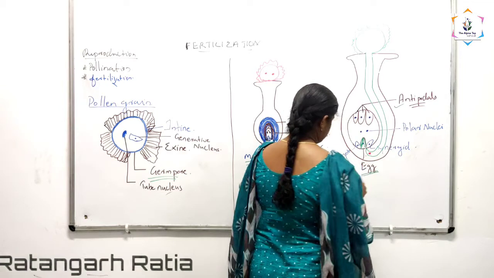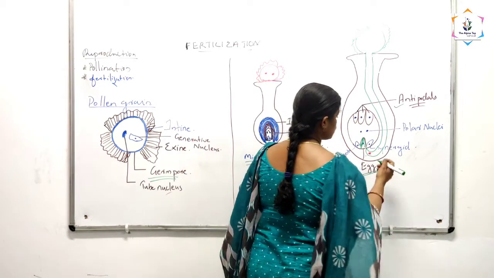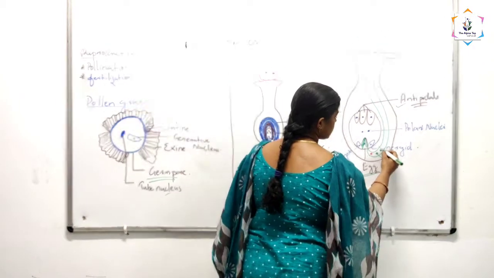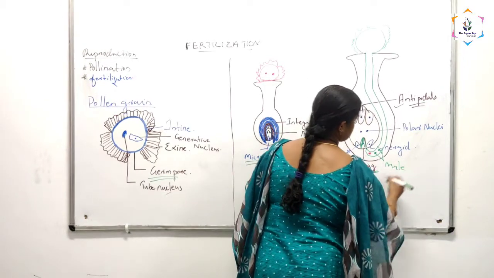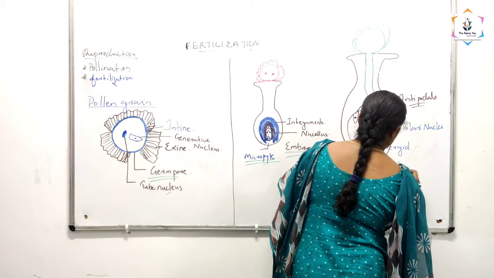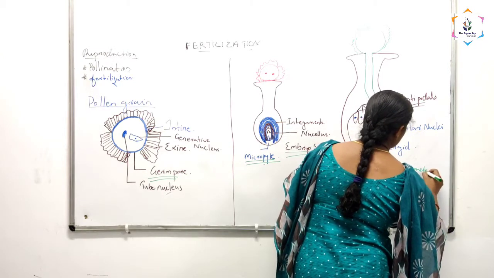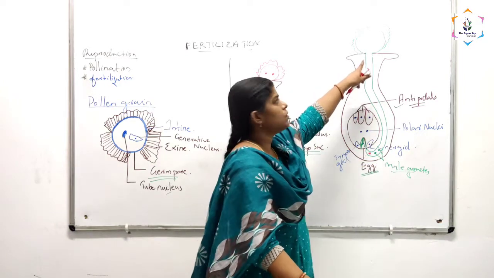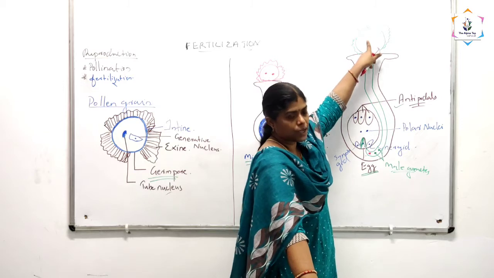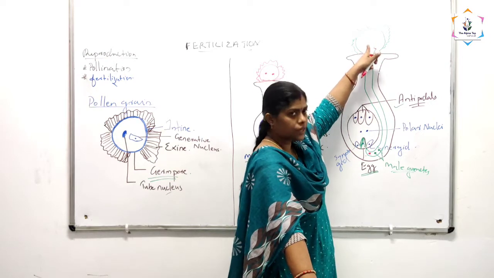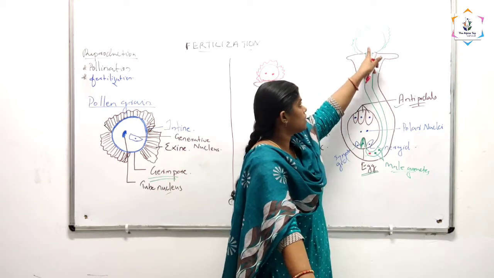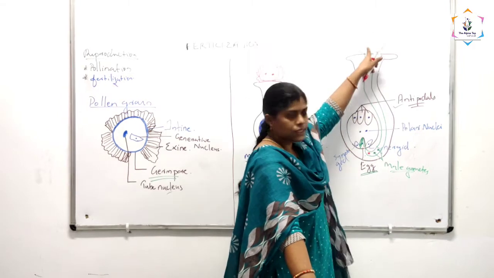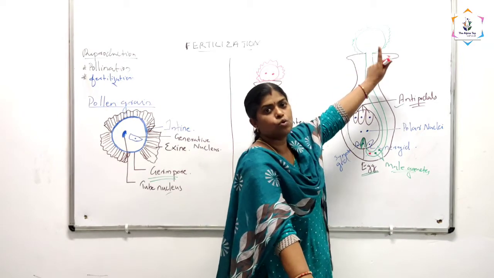Firstly the tubular nucleus and two generative nuclei, otherwise these two are the male nuclei or the male gametes. So from where did you get the male gamete? Actually from the generative cell. Two cells were there, a tube cell and a generative cell. The tube cell is responsible for the formation of the pollen tube, and the generative cell is dividing into two. It is making two male nuclei.